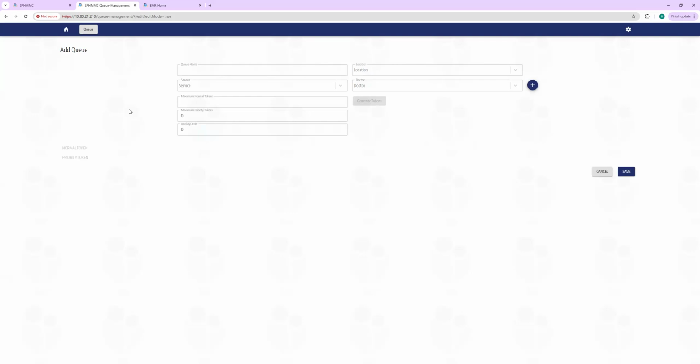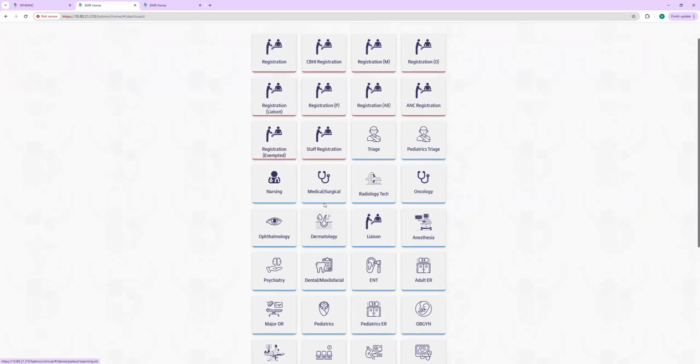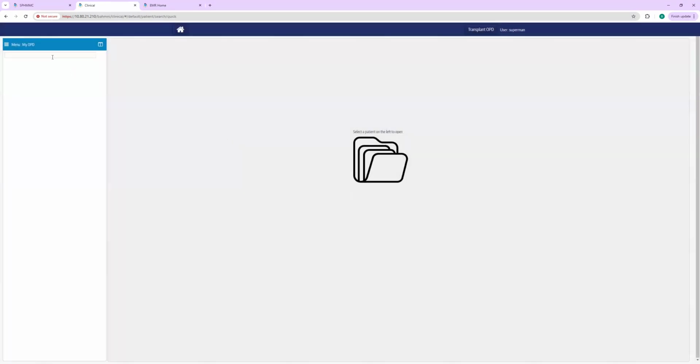Since our doctors rotate frequently throughout our OPD, we didn't want to tie the queues to specific doctors. So when we create queues, we just create a dummy placeholder doctor for the queue doctor. And when the doctors log in and try to access